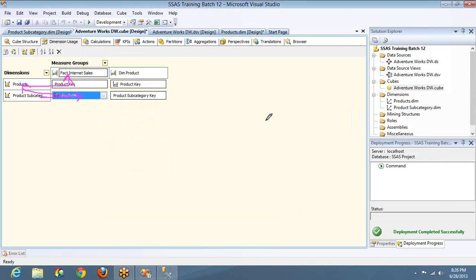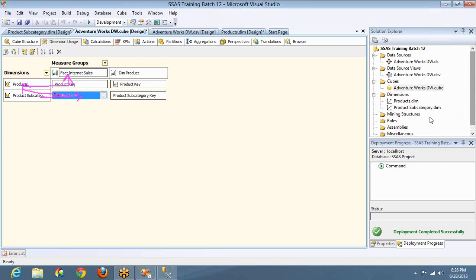The setting of a relationship is not a big problem here. The problem is understanding when you have to go for reference, when you have to go for regular, and when you have to go for fact and many to many. Now let me go to the next step. One more step with the reference relationship. Okay. Before going to that,